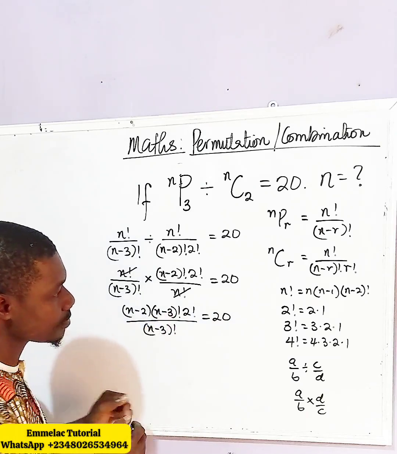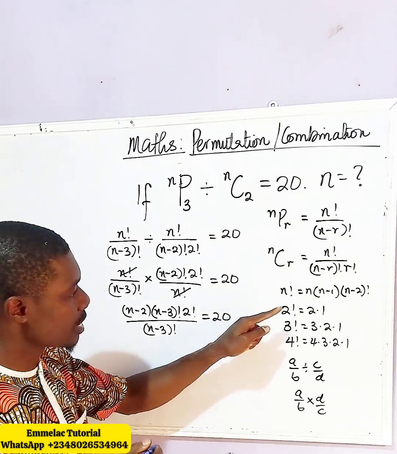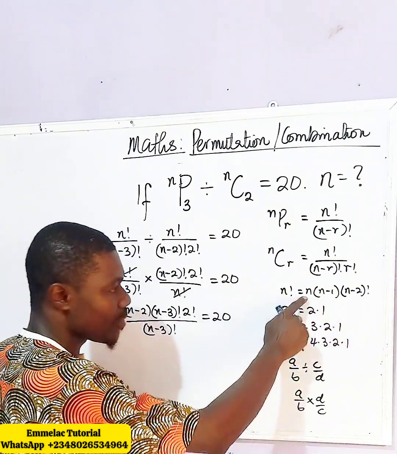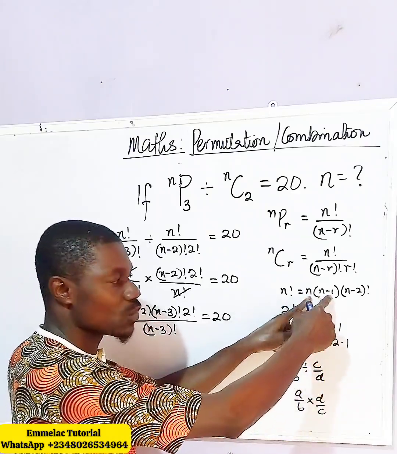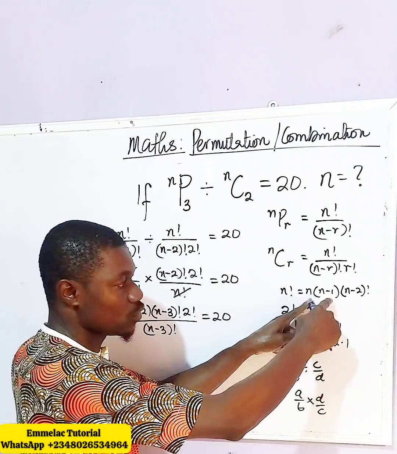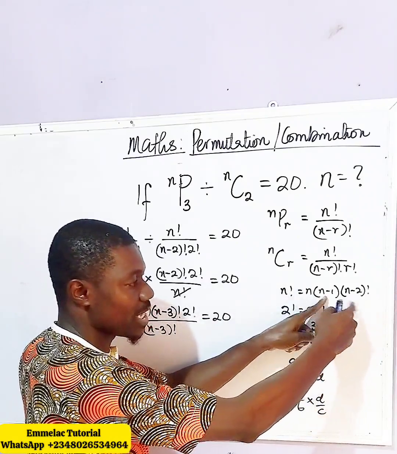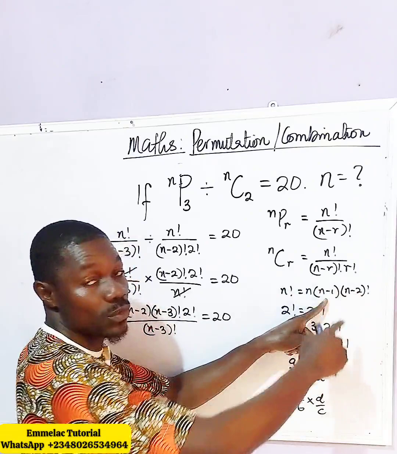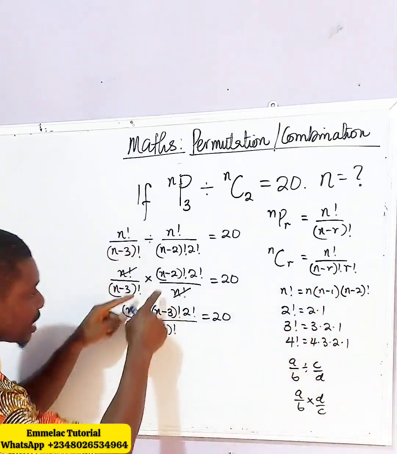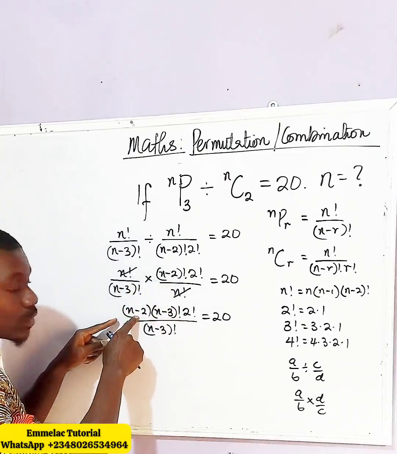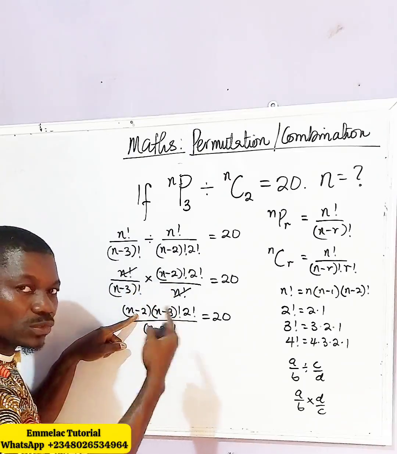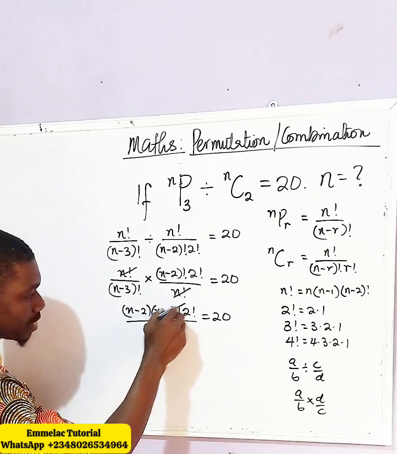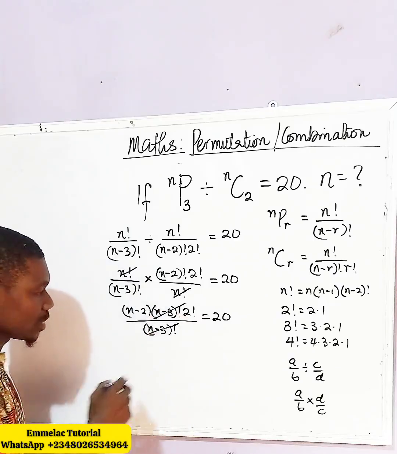Now let's come over here. Okay, now this is n factorial equals the whole of this. If I have to simplify n factorial, it means the first term here. Now the second term, you have to subtract 1 from this, which will give you this, and continuously the next time you subtract 1 from this, and when you subtract from n minus 1, it will give us n minus 2. So in this case, we have the first term which is n minus 2, then n minus 2 minus 1 will now give us (n minus 3) factorial. Okay, so at this point we can now eliminate this, so we are left with